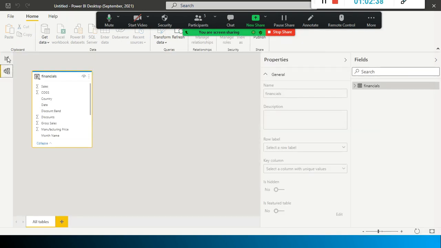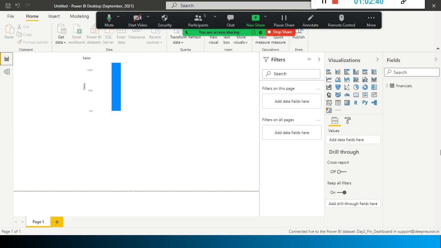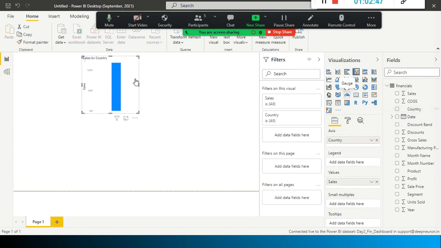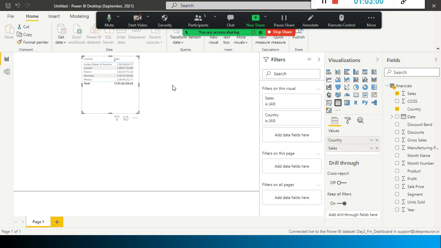In fact, you cannot see the data also. See, can you see the data window here? No. Simply you can use visualization to visualize the data. For example, if you want to see country wise sales, I just drag and drop it. I can see it. And if you change the visual, instead of a bar chart, if I select the table, it shows me the data here. You can see the data here only. Can you see the data view here? No, right? Only 2 icons are available now with Power BI datasets.